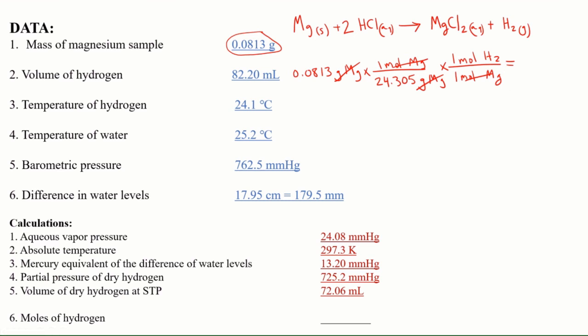We get our calculator, 0.0813 divided by 24.305. We obtain 0.00334 moles of hydrogen. So we began with 0.0034 moles of magnesium, okay, which produced 0.00334 moles of hydrogen. So the moles of hydrogen is simply